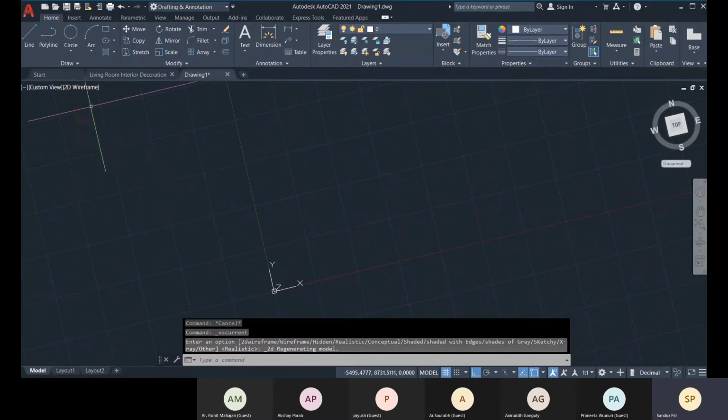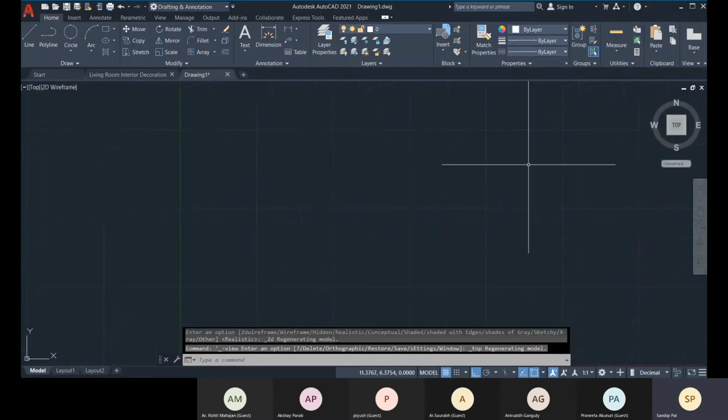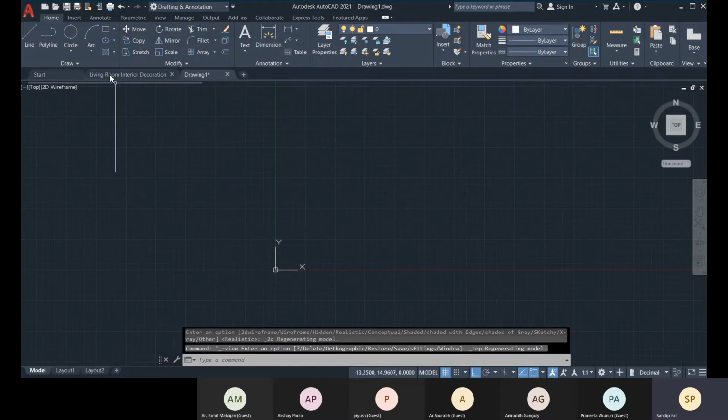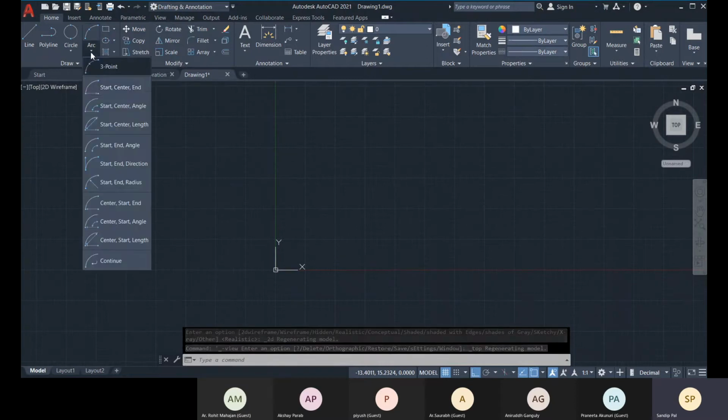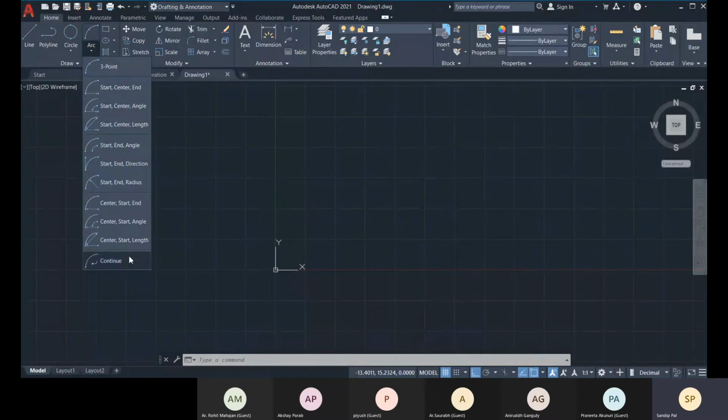Now let's come back to top view. We have some other options. The arc is there, so we have different types of creation of arc. To create an arc, we have almost 11 methods. These are very simple, just simply select the 3 points.